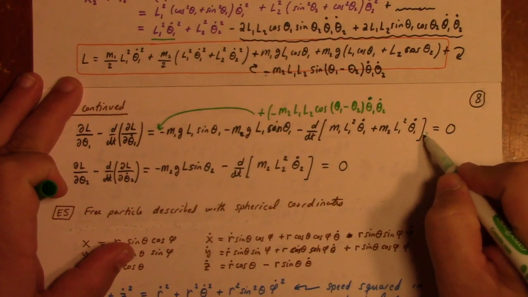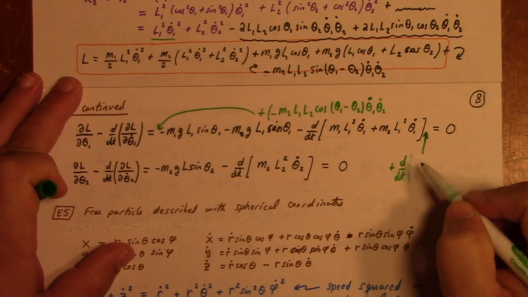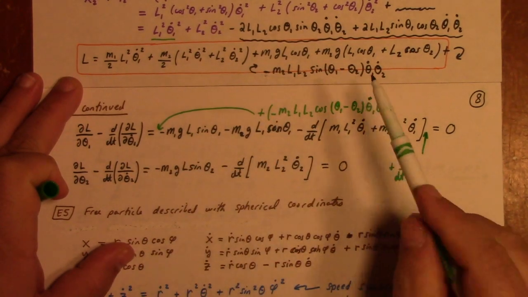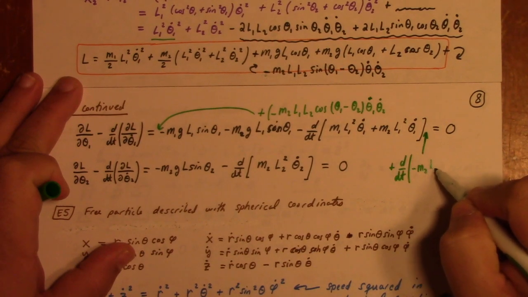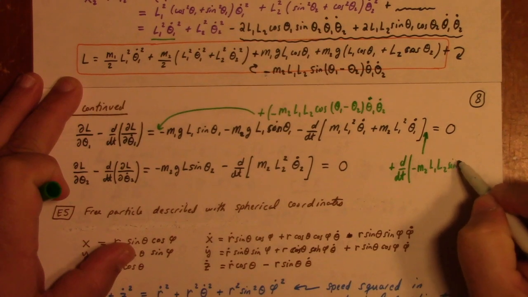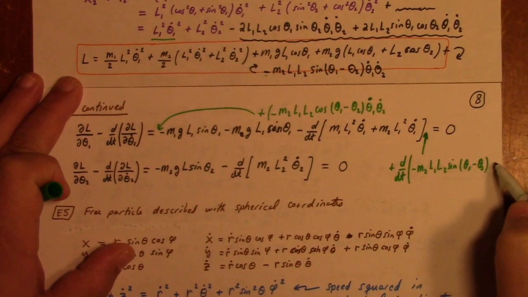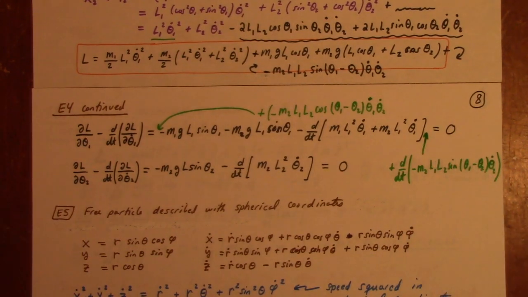And then at the end here, I need to also add d/dt of what? Probably haven't left myself enough room. d/dt of the partial L, partial theta 1 dot that I've ignored, which would have been, you know, minus m2 L1 L2 sine theta 1 minus theta 2, and then that just leaves me a theta 2 dot, right? So I'm missing two terms in the first Euler-Lagrange equation, and you know, similar error